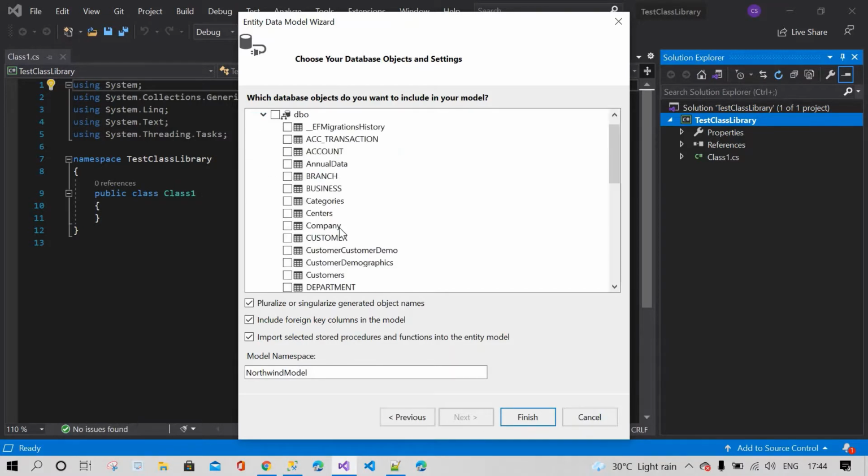Now I'm going to choose my required table. I'm going to work with the products table. Now you can see a database context will be created with the name Northwind DB entities.